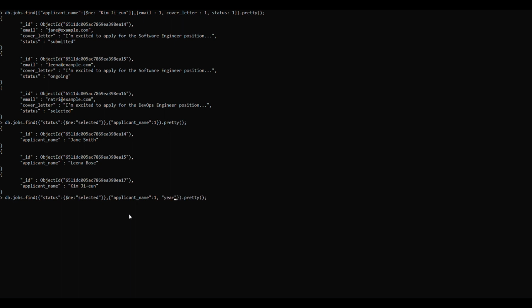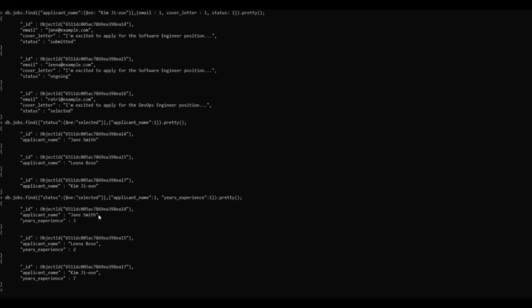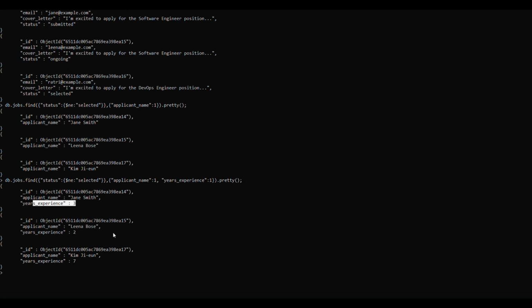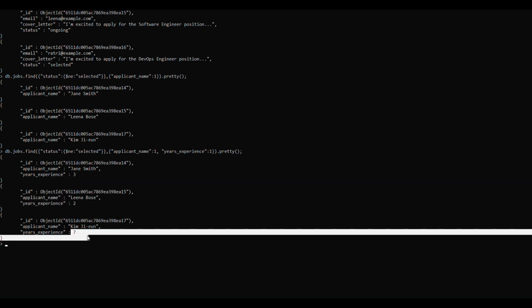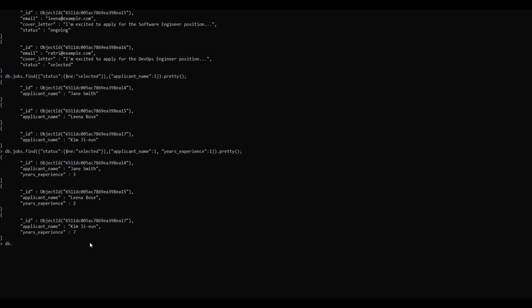Till now we have completed the comparison operators equal to and not equal to. So we are getting the output as we are expecting. As per our expectation, we have got the output. Let's try to work with another comparison operator, that is